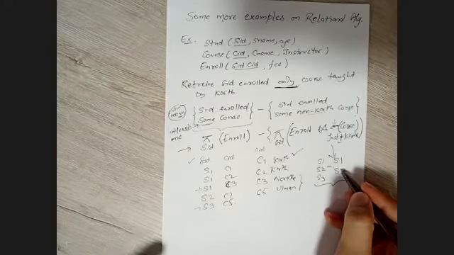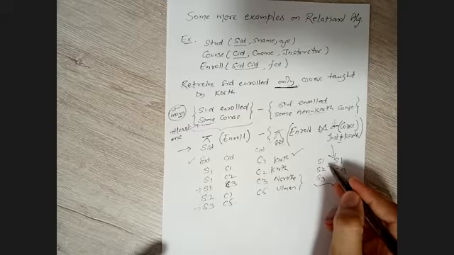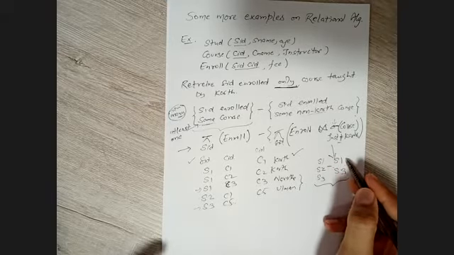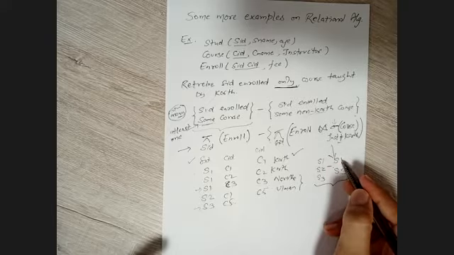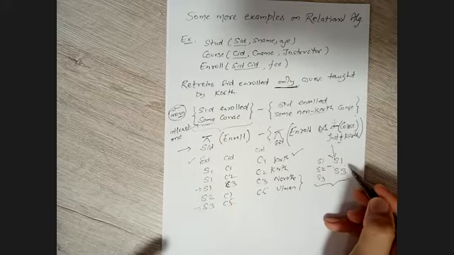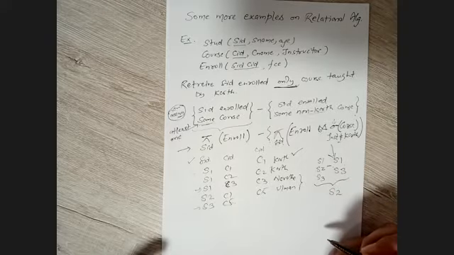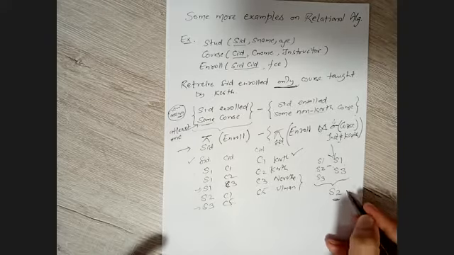We have already seen elements which are in A but not in B, which are in this one but not here. And what are those? S1 is here as well, so no S1. S2 is here but it's not here, so that is S2. S3 is here as well. So the answer is S2. You can check it out.